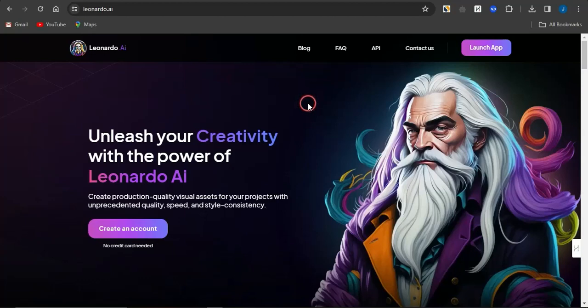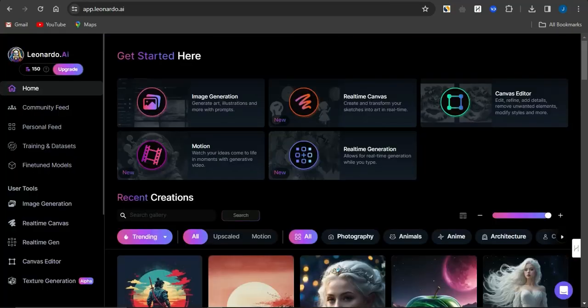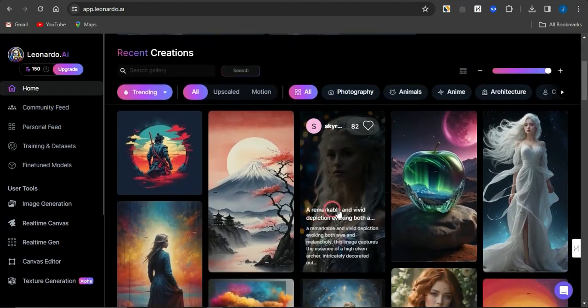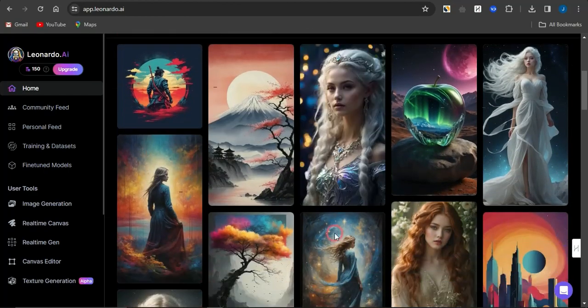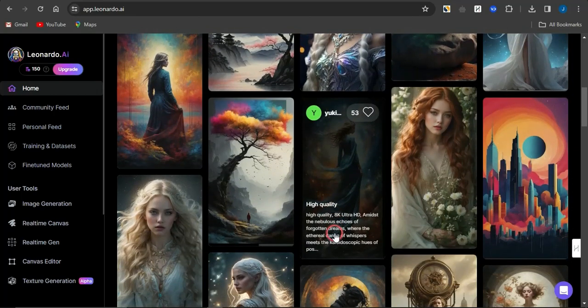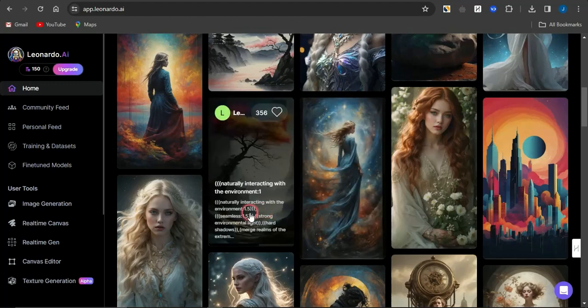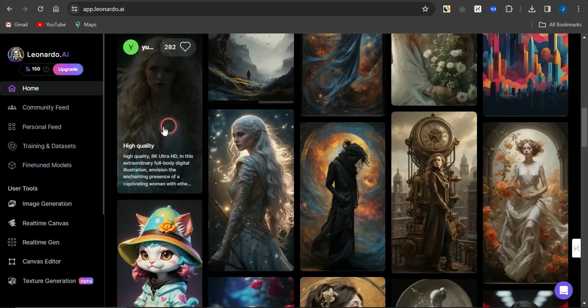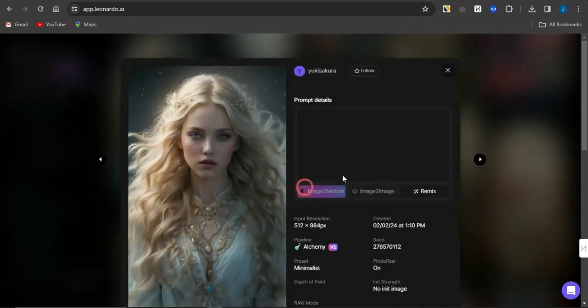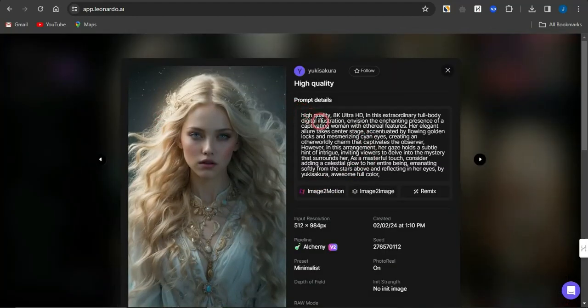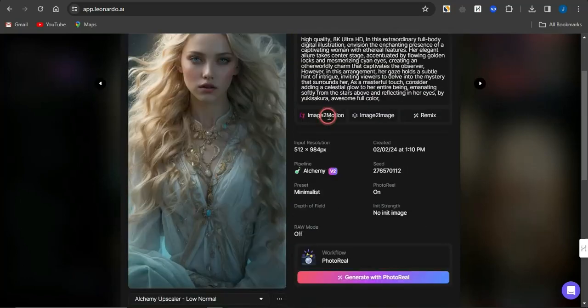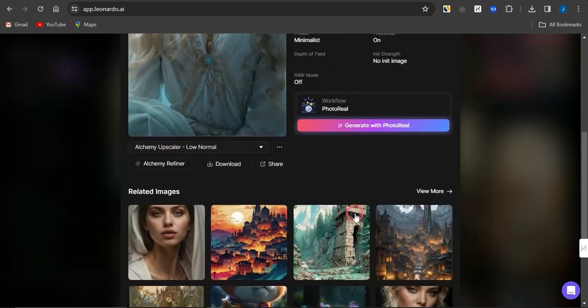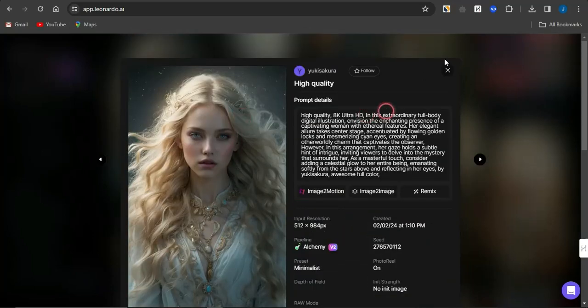If you sign up to the platform, you can sign up for free on Leonardo AI. And if you go to the home page, you can see more details. All these images which you can see were generated with the help of this AI tool by people utilizing it. If you want to check out more details about a specific image, simply select the image, and you'll be able to see the text prompt that was used to generate it. This is how cool the text prompt is. You can copy that if you want to use it to generate a very cool kind of image, so you can go on to create yours if you want to.